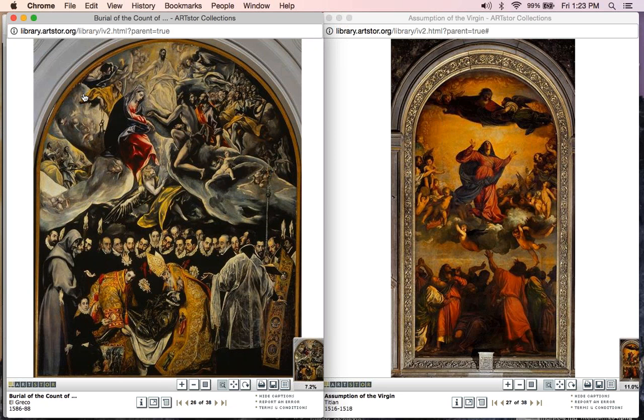What's interesting to note about this work is that El Greco combined two styles. The first is Venetian, and that's why I have this image up here on the right-hand side. And then the second is Mannerist. So we're going to have to move this slide here on the right to look at a few more works there on the right-hand side. Let's first talk about Venetian. What does he take from the Venetian tradition?